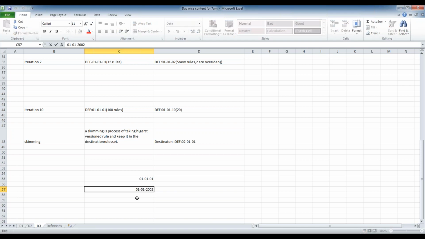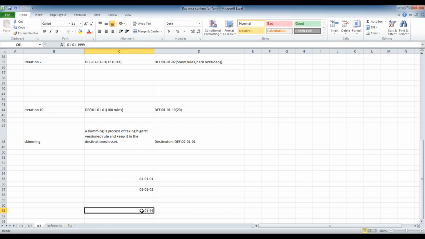The 02 version will have access to 01 as well, the lowest versions. So if you go to 99, the 99 version has access to all the below numbered versions. Your system will always go for the highest version, but the highest version will have access to all the below numbered versions.